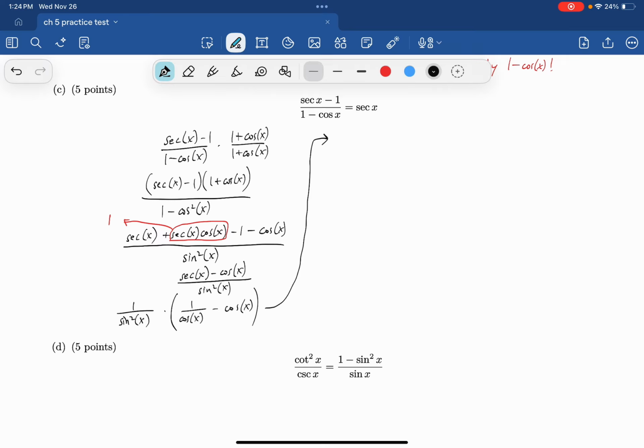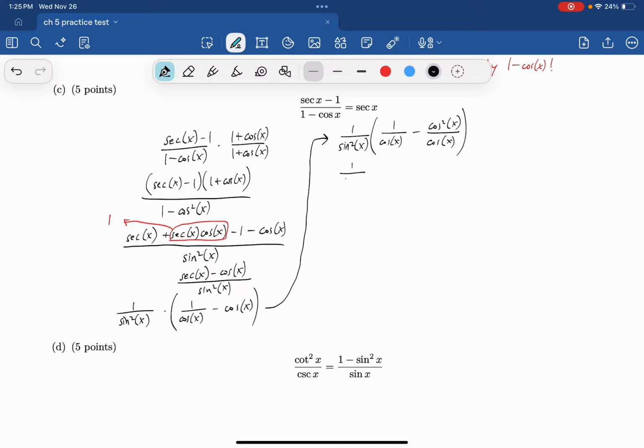All right, and so I'm going to try to make these into a common denominator. So I'm going to multiply the cosine x by cosine x over cosine x. So this becomes 1 over sine squared x times 1 over cosine x minus cosine squared x over cosine x,